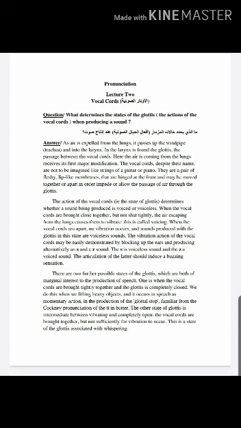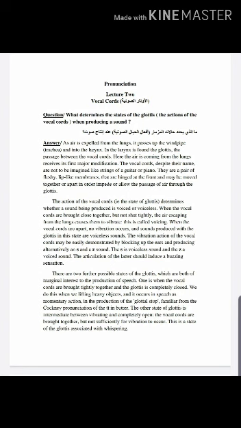There are two further possible states of the glottis, which are both of marginal interest to the production of speech. One is when the vocal cords are brought tightly together and the glottis is completely closed. We do this when we're lifting heavy objects, and it occurs in speech as a momentary action in the production of the glottal stop,